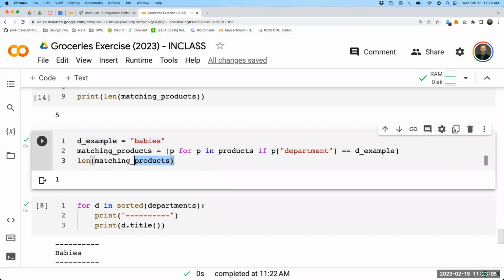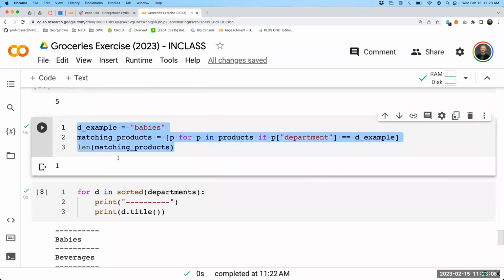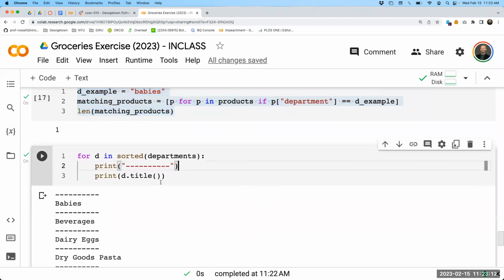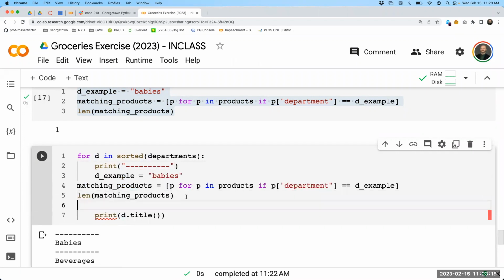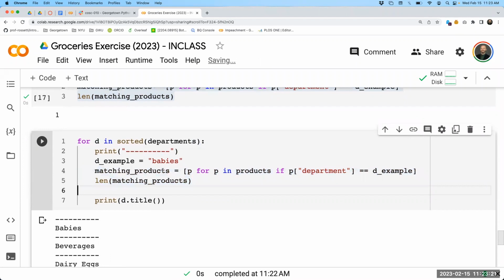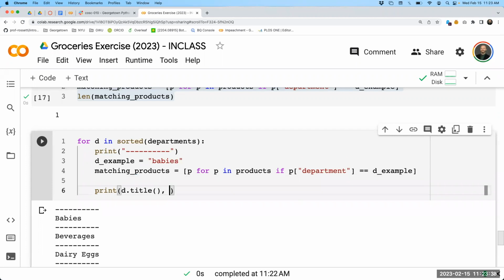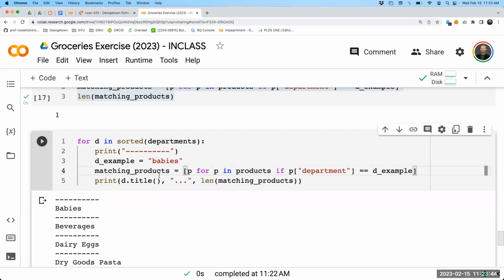Why don't we do this filtering operation. We will print the name of each department here. And maybe we can stick some of this filtering inside and try to get the products that match this department that we care about. Maybe we will print the number of matching products. I'll just do a comma separated print statement here. For example, we're starting to use this filtering approach inside of our loop where we're looping through each department,